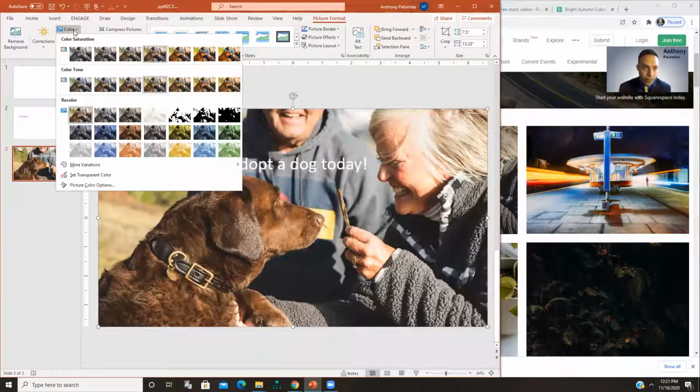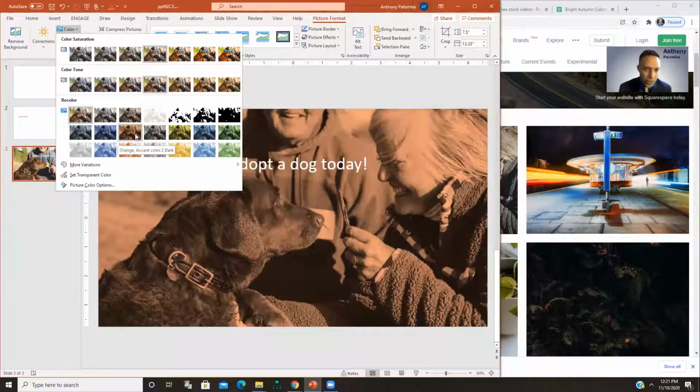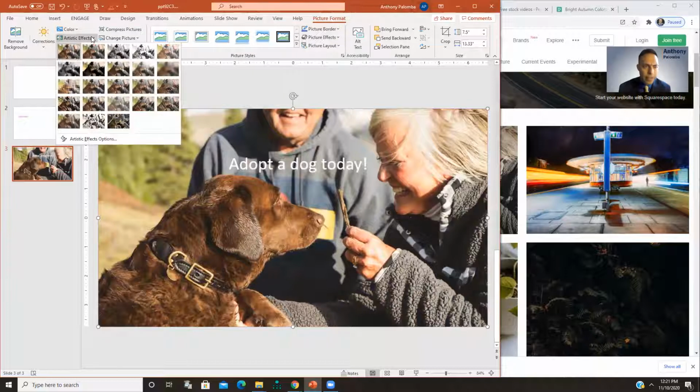For one, there's color. As you can see here, I can manipulate the color very easily. And I'm not a photographer by any stretch of the imagination, but I can manipulate saturation here. I can manipulate the color tone here. Do I want a cooler image? Do I want a warmer image? Probably stay away from the recoloring, truthfully. It's a bit weird, but there may be certain times in which it works. This actually isn't a bad accent, but you do want to be careful about going over the top here with